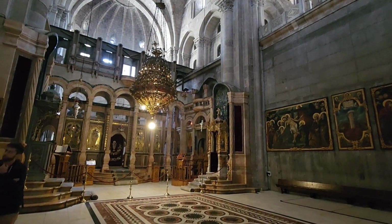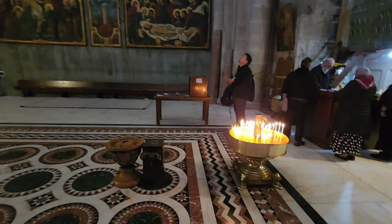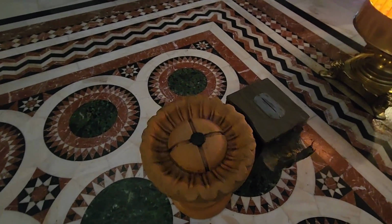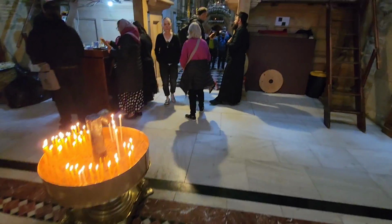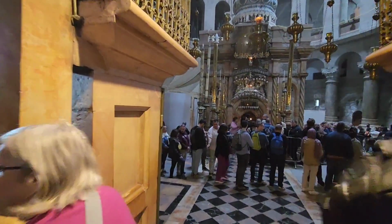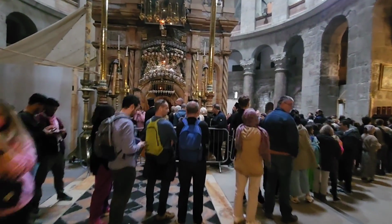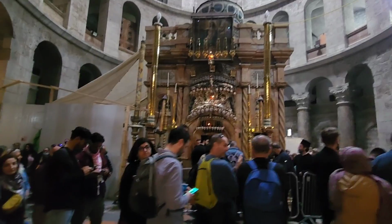Beautiful church, isn't it? Remember the dome at the Ethiopian part that I told you to remember? Let me take you there. Then we are leaving the tomb now and heading